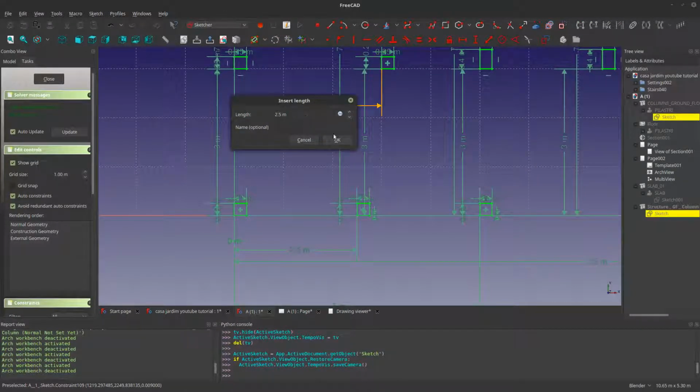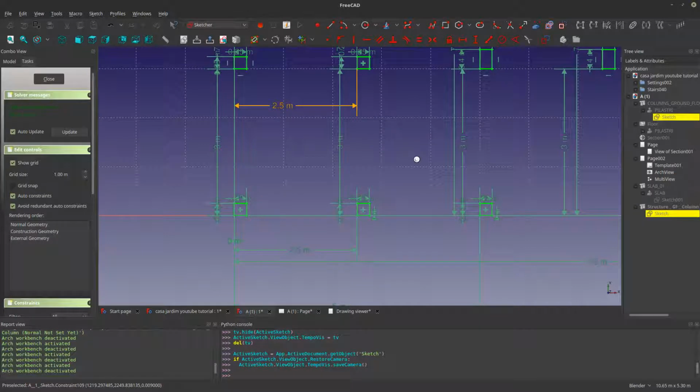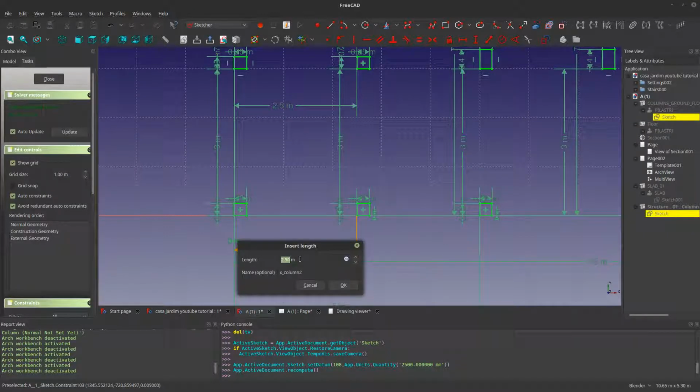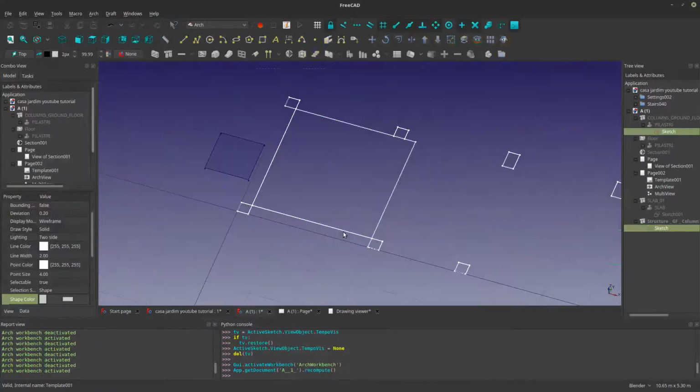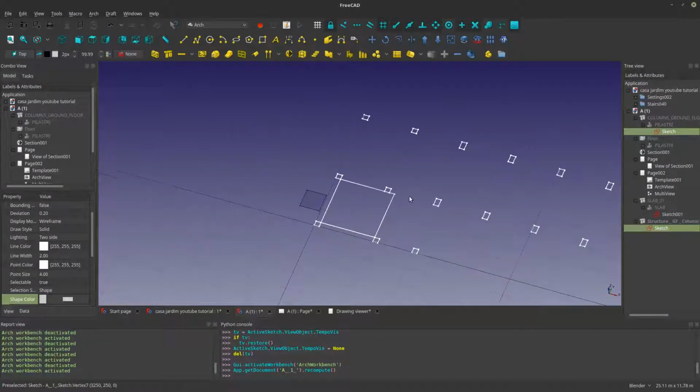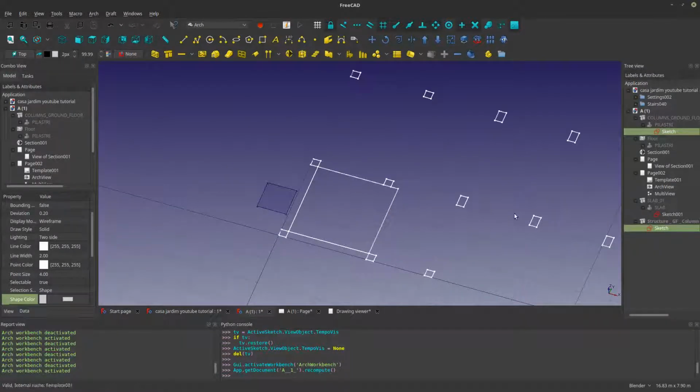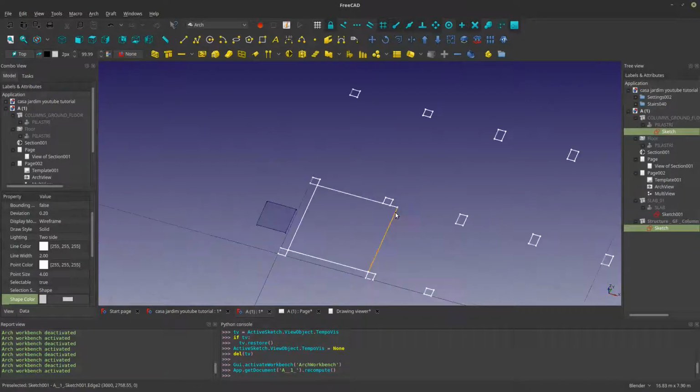Two, 2.5. And 3 here as well. On this side it is connected. So I'm not very sure what your question is, because it seems that on this side it is connected, but